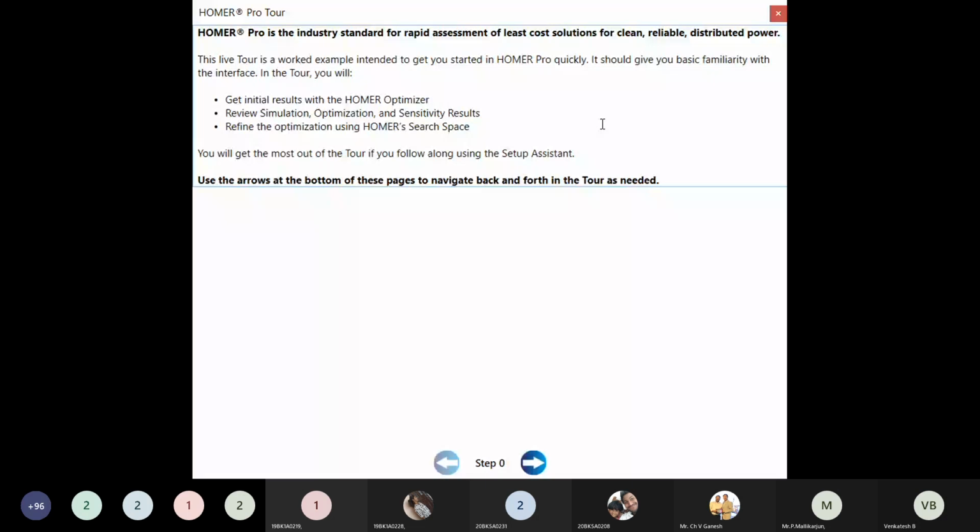Now, I was telling yesterday, location is also very important here. This is the step where we have to give location. I will show you when I'm doing the simulation. Project title, whatever the project you want to save, you can save. And location, that means suppose St. Peter's Engineering College location. Automatically you will get latitude and longitude of that particular location. If you want to design your system for that particular location, if you want to check resources for that particular location, you can check. We have that access, and we can import.